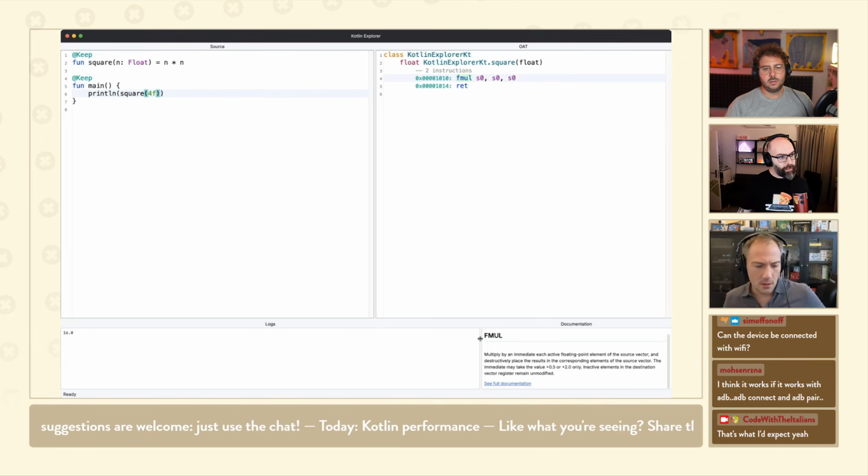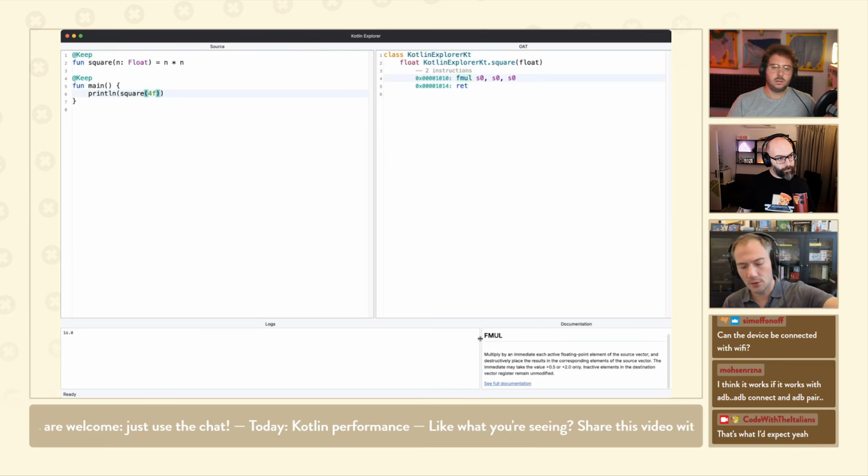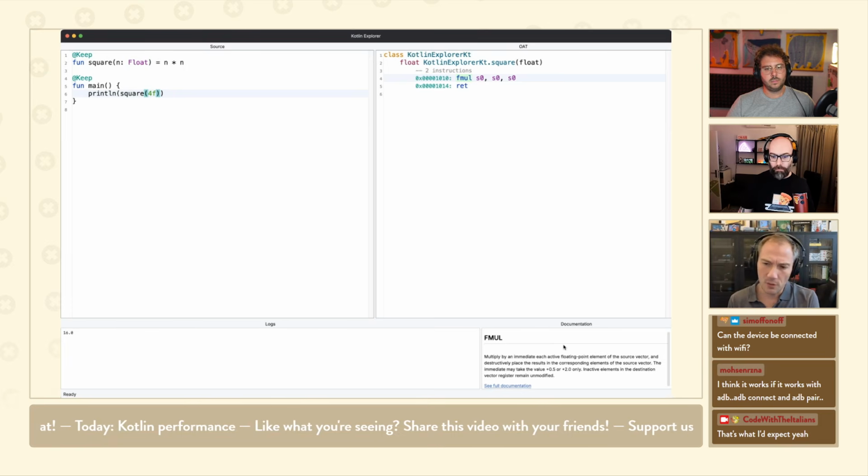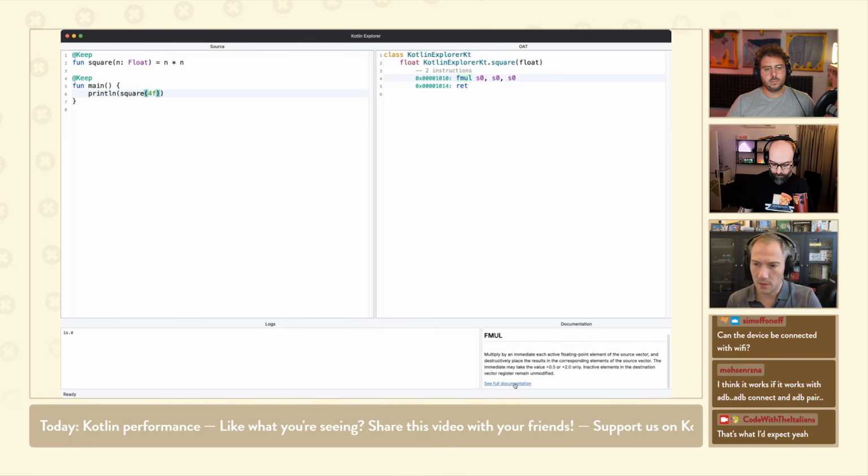It's embedded. It was scraped from the ARM website. So the website I showed you, Compiler Explorer, does the same thing. I actually got the idea from them. You can download a giant XML file and then just generate a piece of code that embeds the documentation. And here at the bottom, you can click a link that will take you to the documentation online.